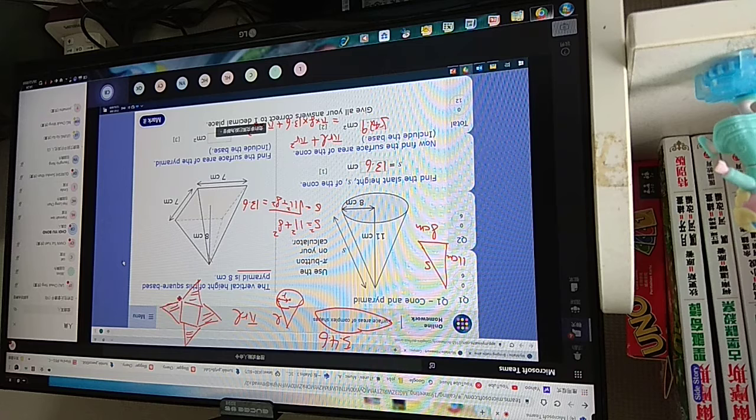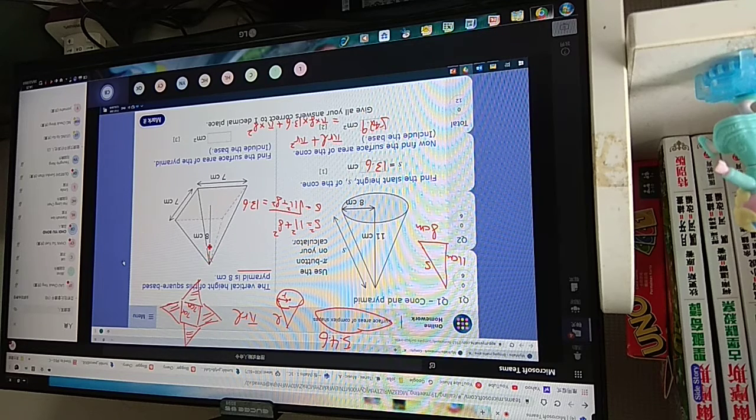So the base area, that is the square, is very simple because we know that the side length of the square is 7 cm. But how can we calculate the area of the triangle? It's quite difficult because we only have the vertical height of the pyramid, that is 8 cm. Then we have to use some theory in trigonometry to find out the vertical length for this triangle. Okay, so the first step is